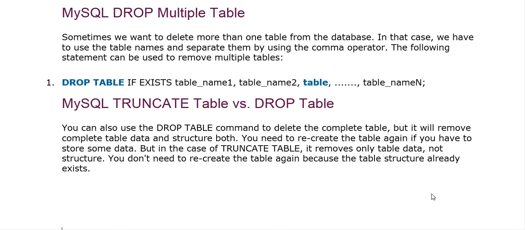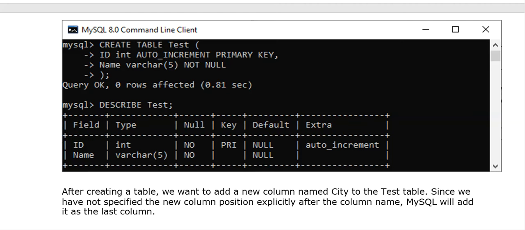So instead of using the drop table command, you can go with truncate. Why? Because if you use drop table, you will delete the table and the data, and if you want to store other data in the same table, you need to create the table again. To save that time, we can use the truncate command. It will delete all the values from the table and leave one empty table for you, like a neutral table. This is what you need to understand about truncate table and drop table. Okay guys?